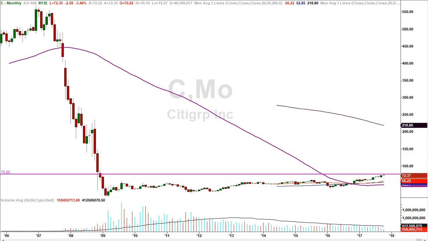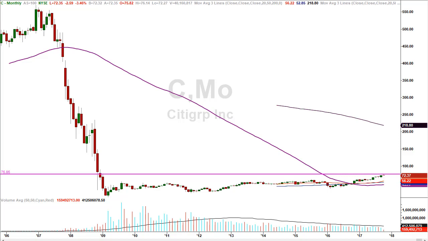That was in January of 2009, getting close to the bottom of the market crash that occurred in the beginning of March. So over the last couple of years, as Citigroup began to creep higher and higher, and it got close to the top of that red candle at $75.85, it was a pretty good bet. It was a high probability that that was going to, at least for a temporary basis, if nothing else, create a resistance point to this stock. Markets like to test the highs of breakdown candles and also the lows of breakout candles. This one is a breakdown candle. It tested the high, and what we saw today was a market reversal away from the high of